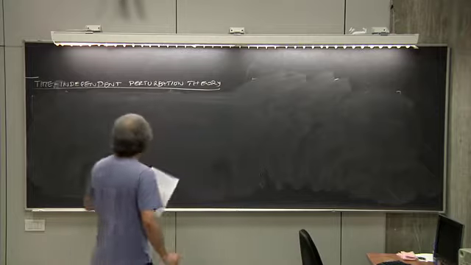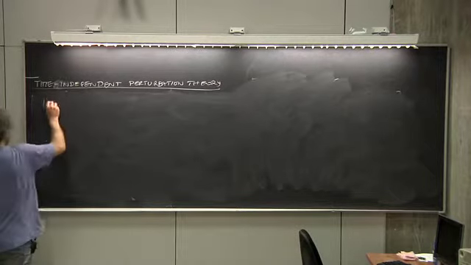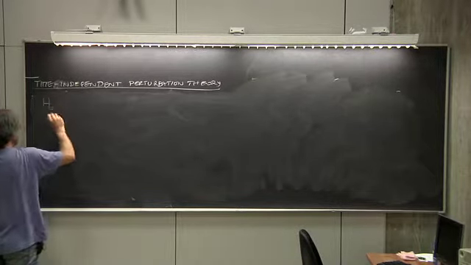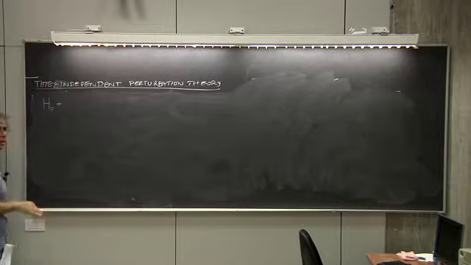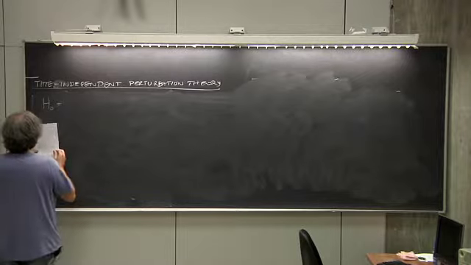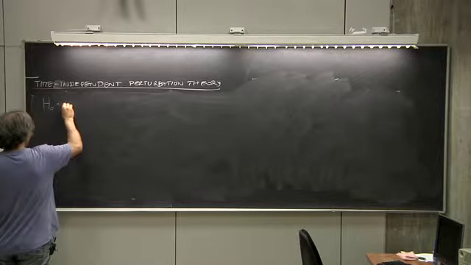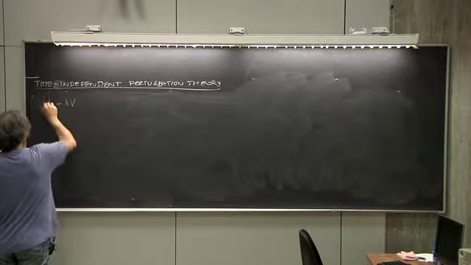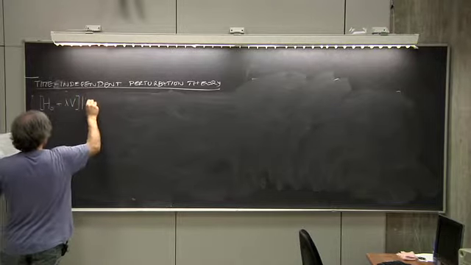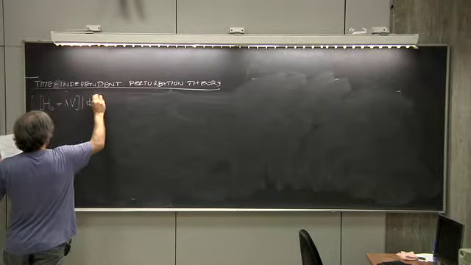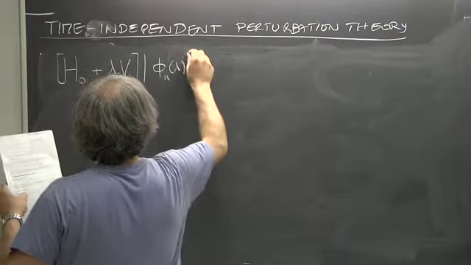I write the problem now again in abstract form rather than in matrix form, because otherwise the calculation would be very complicated. So what I have is the following: (H0 + λV) φn(λ)